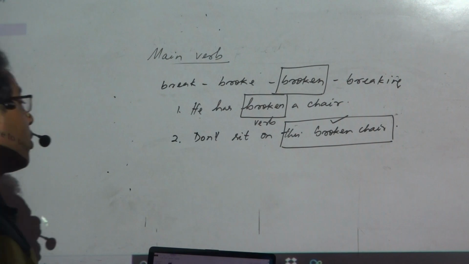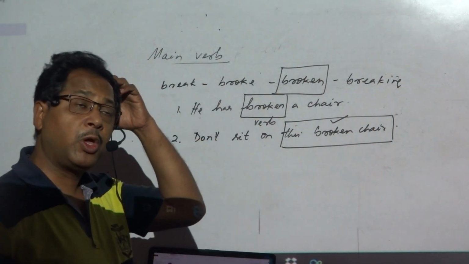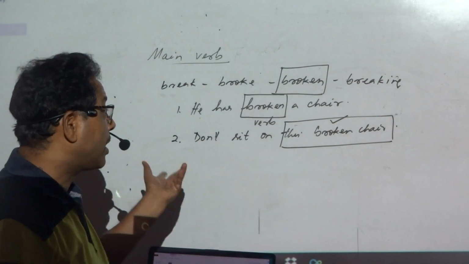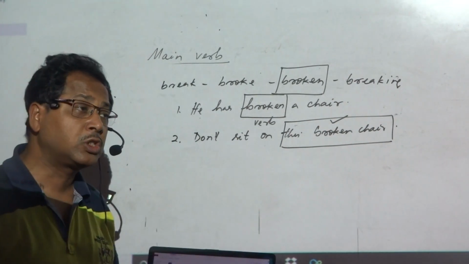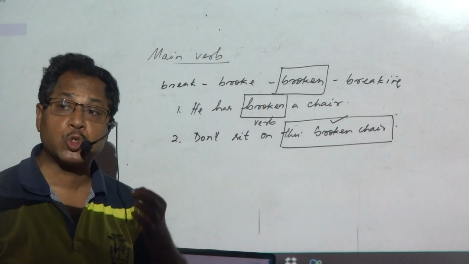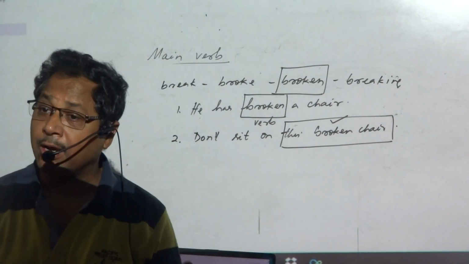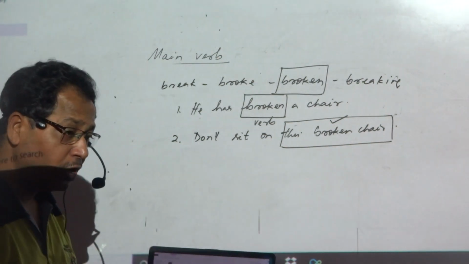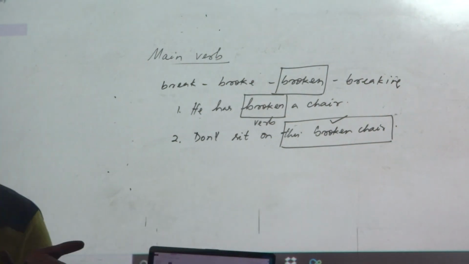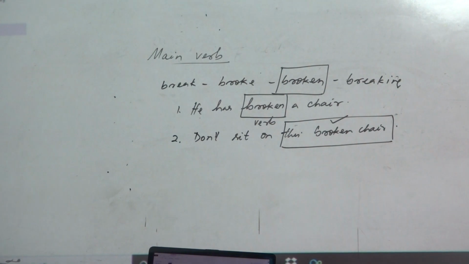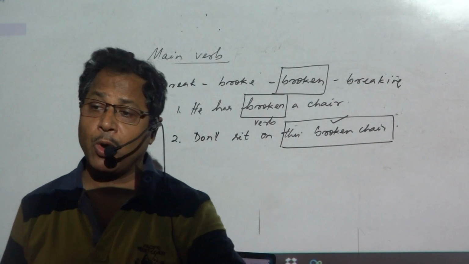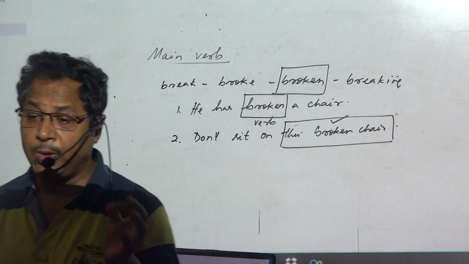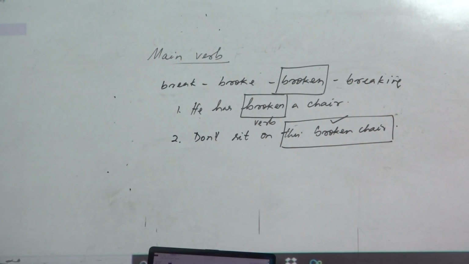We cannot say just by looking whether V3 or V1-ing is a verb. When we go to the sentence, when we analyze the parts of speech, then we can rightly say whether it is a verb, an adjective, or a noun. Okay. In this way, V1, V2, V3, V1-ing: there are 4 forms. Let me come to the second class. Bye bye. You will go through all these rules.